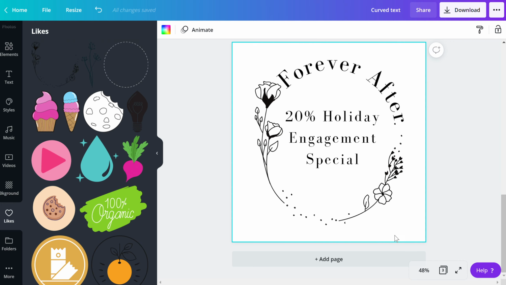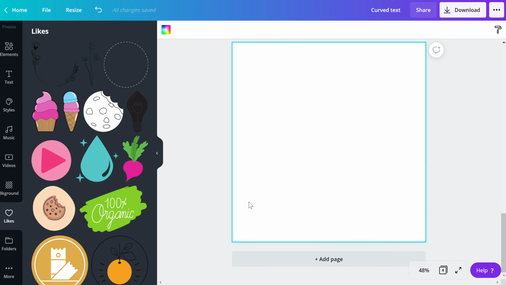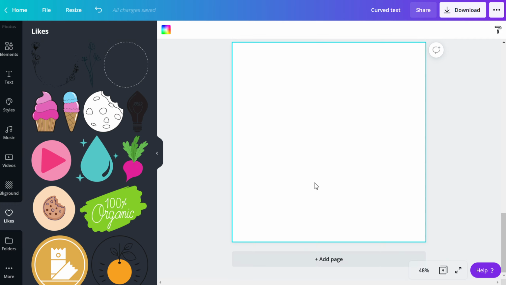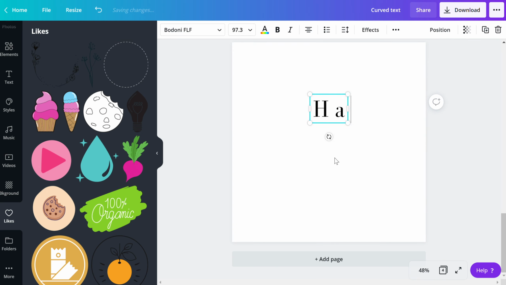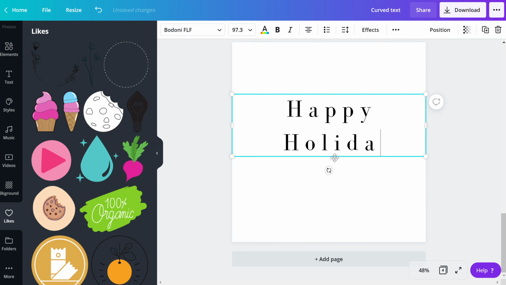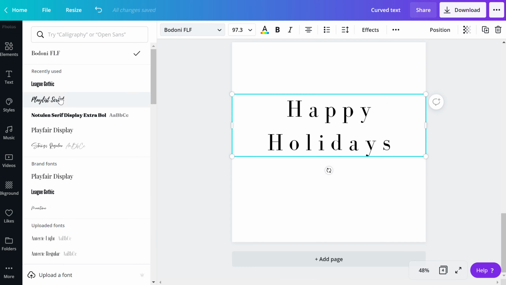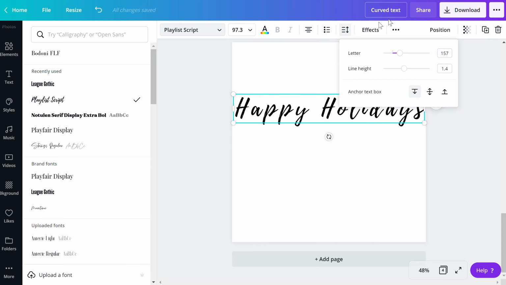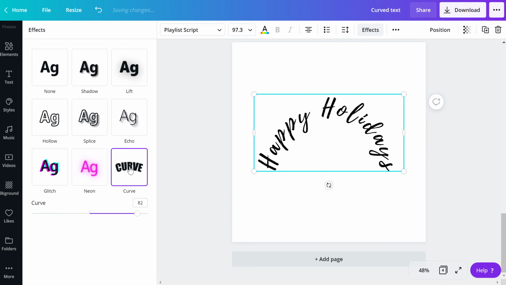But the other thing I wanted to show you is just utilizing the text in a curve, and then maybe adding something underneath it for the holidays. So I'm going to type the text in here. I'm going to choose a different font this time, maybe this Play Script. Okay, and go back to effects again. We're going to curve, and